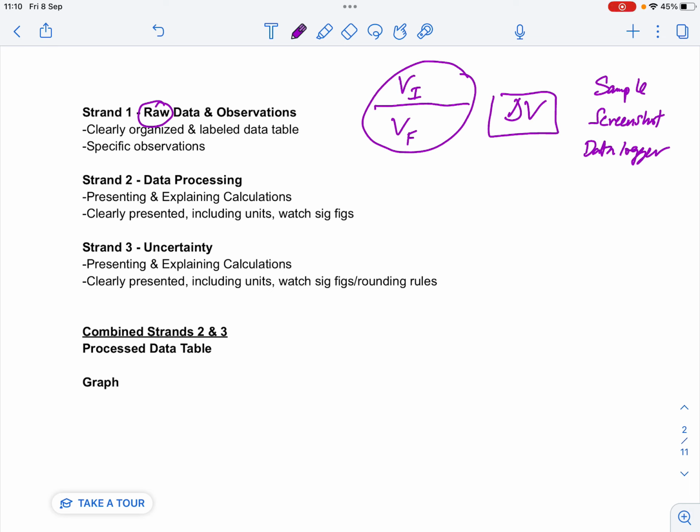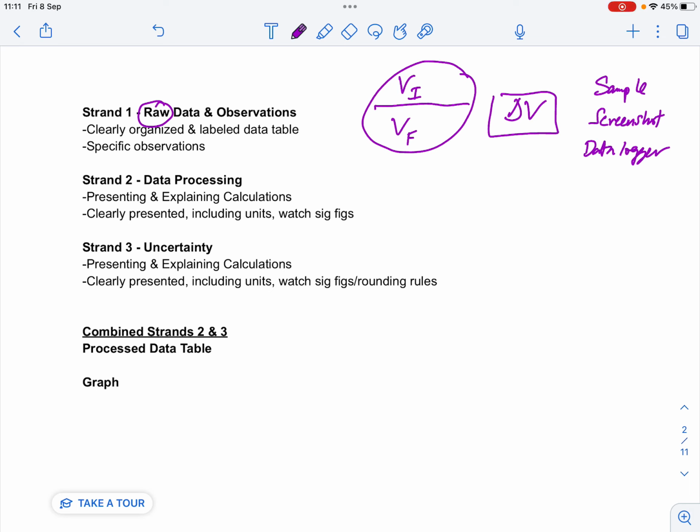And then observations, those are the qualitative bits of data. I would suggest always including qualitative observations of some kind. The more specific they are to particular treatments and trials within your lab, the better. But just having that section there as a general practice is good, because you can draw on those observations later in your conclusion. They can help inform method evaluation, and they can help inform what you're able to conclude. They can support that.